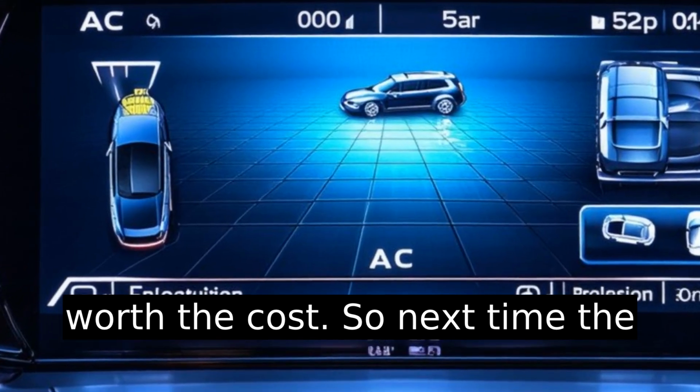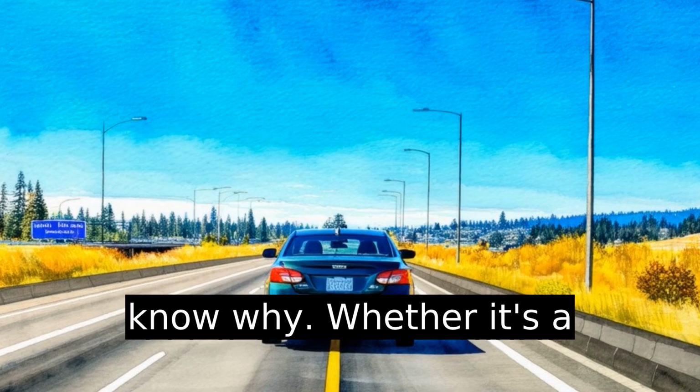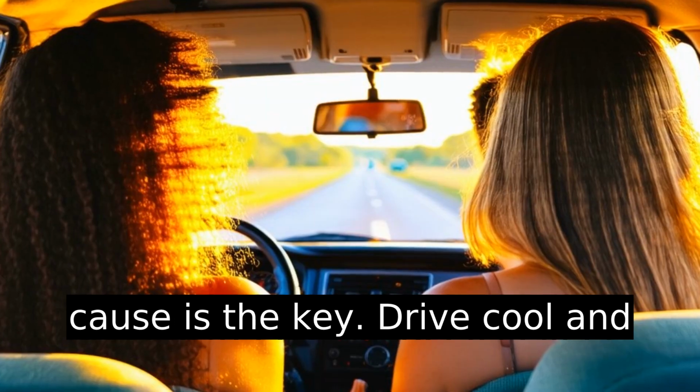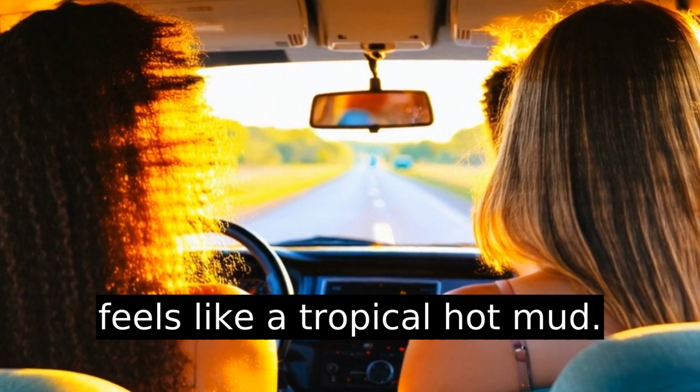So next time the AC is being picky, you might know why. Whether it's a technical hitch or user settings, identifying the root cause is the key. Drive cool and comfortable, even when Portland feels like a tropical hot mud,